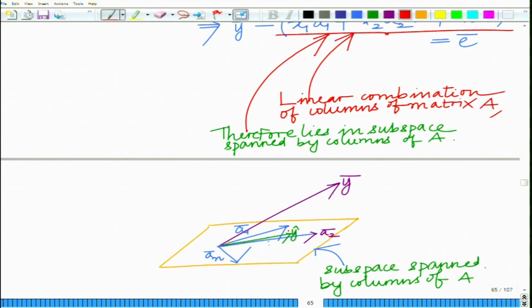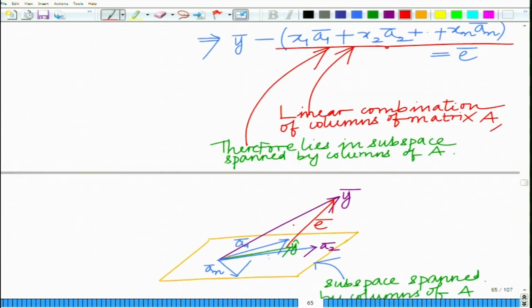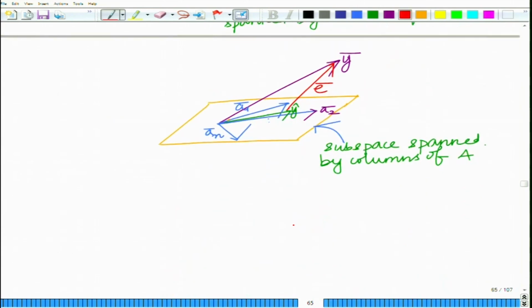Now, this y minus y hat, if you look at this, is the corresponding error. Okay. So, this is your corresponding error vector. Okay. So, this is y minus y hat. This is your corresponding error,